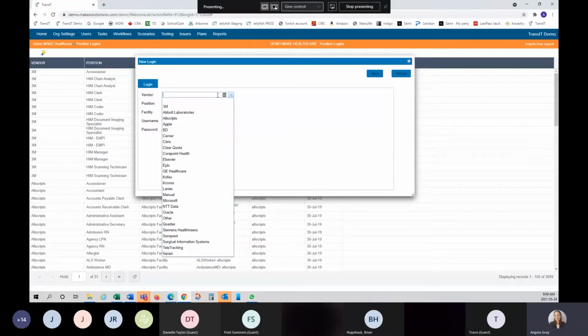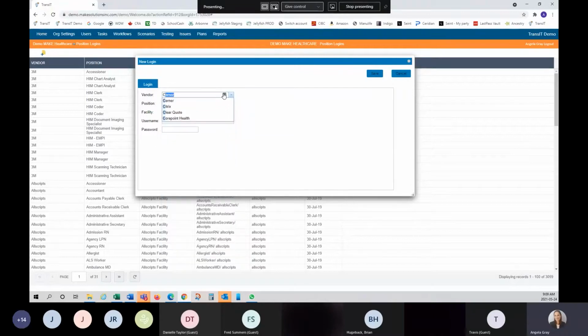So I will create one here. I've given my position a username and password, which would be what you're signing into for testing,